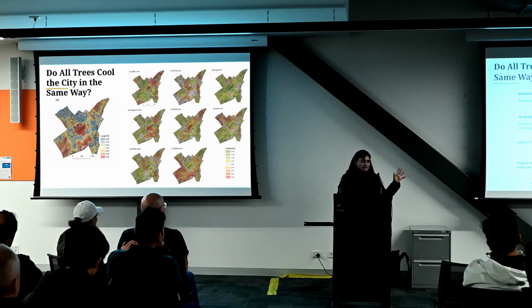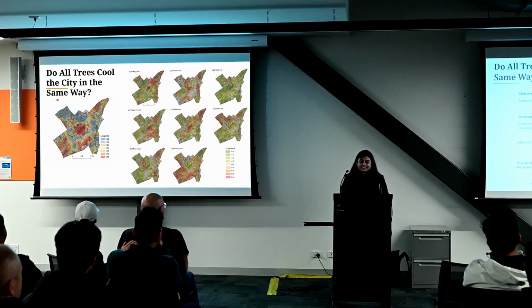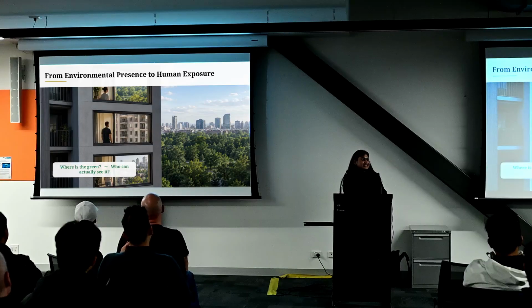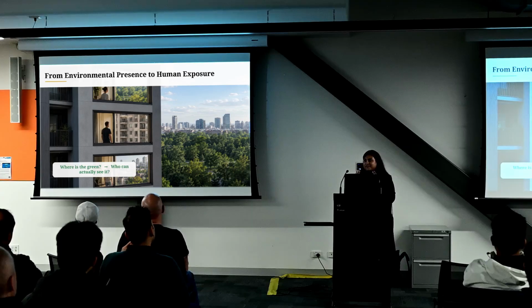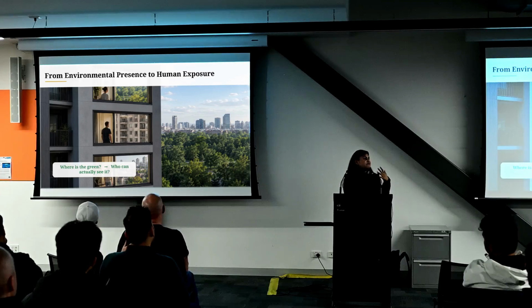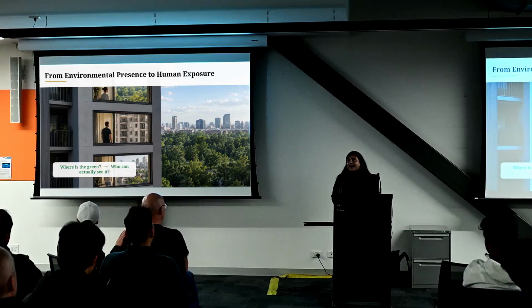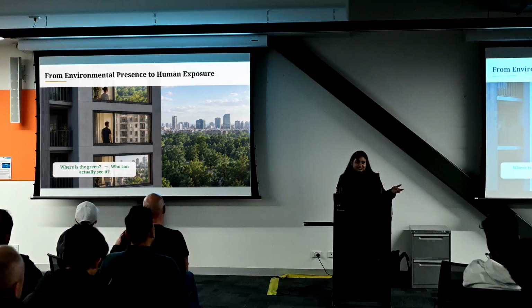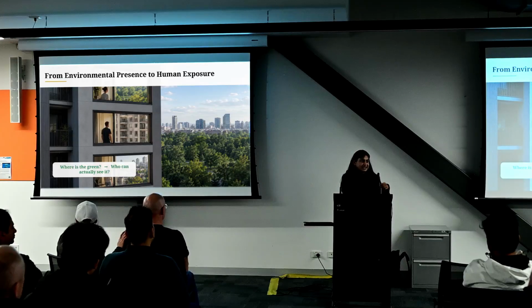Now that I have done neighborhood scale metrics, my PhD looks closer at human exposure, because it's a topic very close to my heart, because I've really faced it myself. We are saying the cities are green, right? But can you really see the green from your building? This happens because, as I said, cities are going denser. It's going vertical. Even if a park is there, it might be behind other buildings. So on the map, it can be counted as a green space in the neighborhood, but still be invisible to a lot of people.